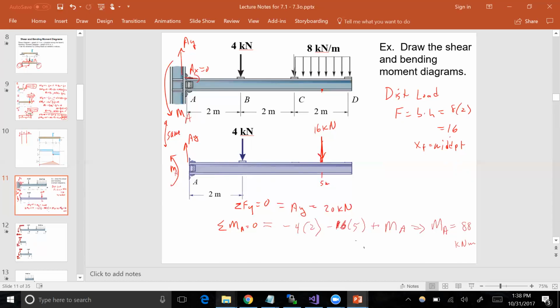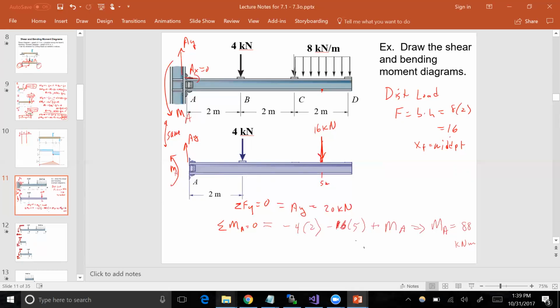So if I erased all the reactions and asked, what is the resultant moment of the 4 kilonewton force and the 16 kilonewton force about point A? You would say it's minus 88 kilonewton meters, right? And that's what some people did for quiz 4. They found the resultant moment